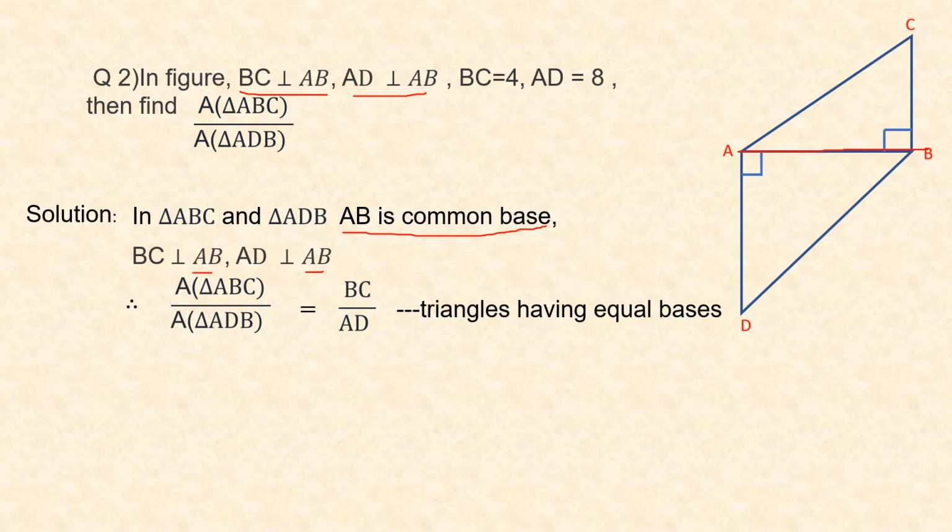Reason: triangles having equal base. Four upon 8. Now substitute the values. 4 1s are 4, 4 2s are 8. The answer is 1 upon